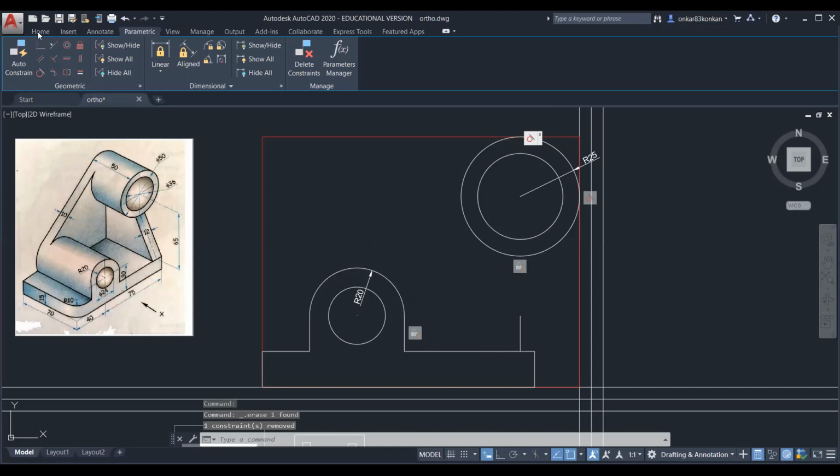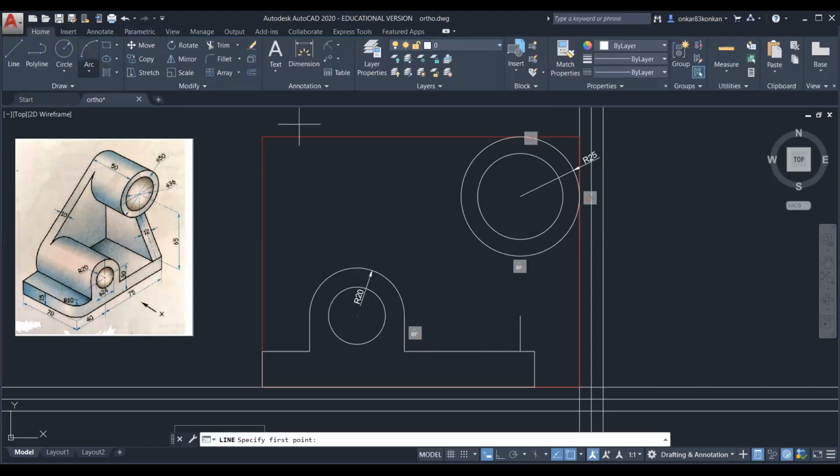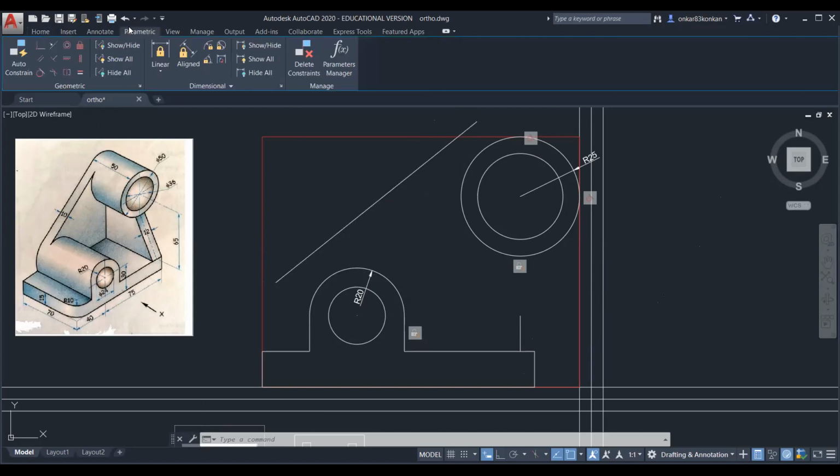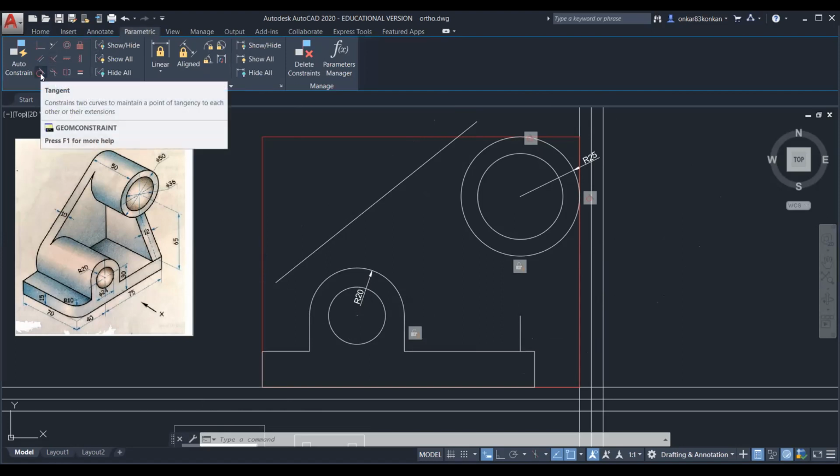So if you draw the tangent line, so just draw one line, and then we will make this line tangent to this semicircle. Okay. So here, this is the tangent constraint.